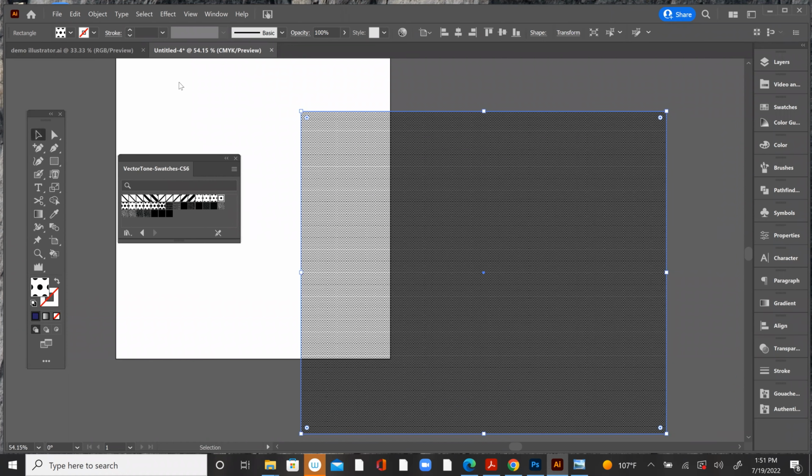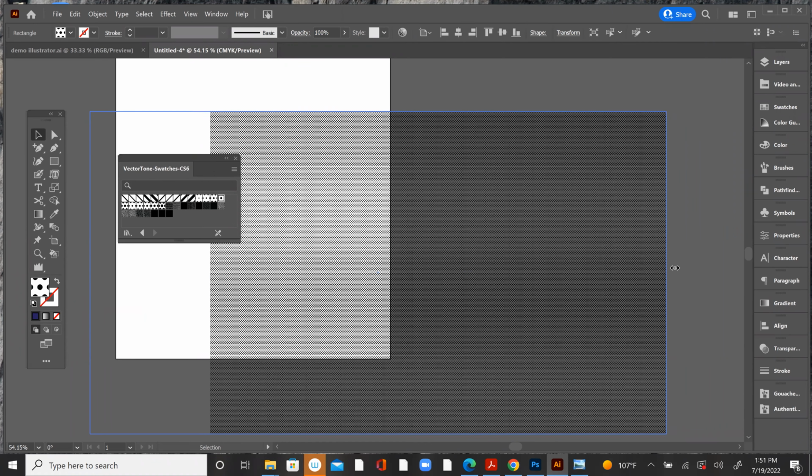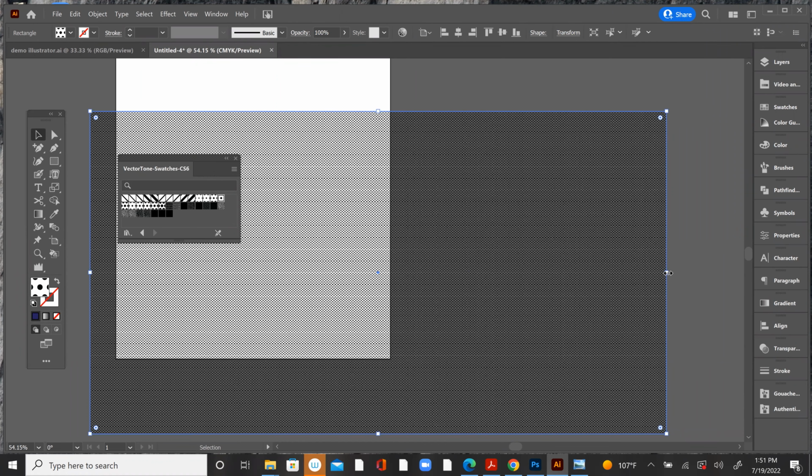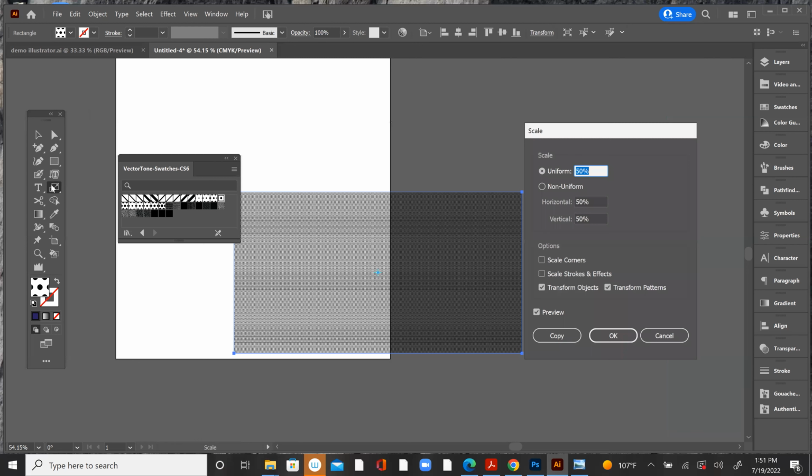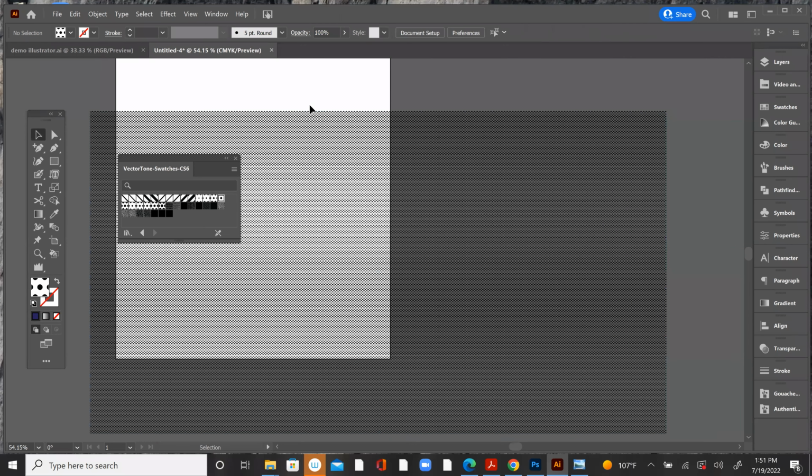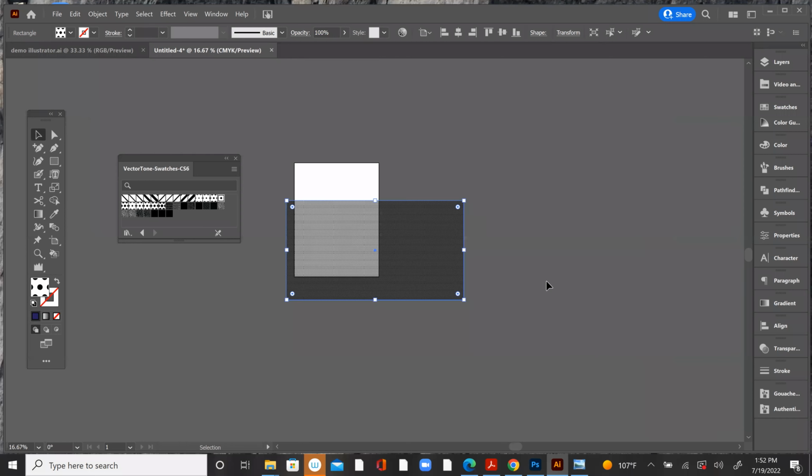So let's see this one. Yeah, it looks like once you do affect the size, like in the scale tool or something like that, then it affects the whole thing. Does that make sense? Yeah. So we could, let's get,